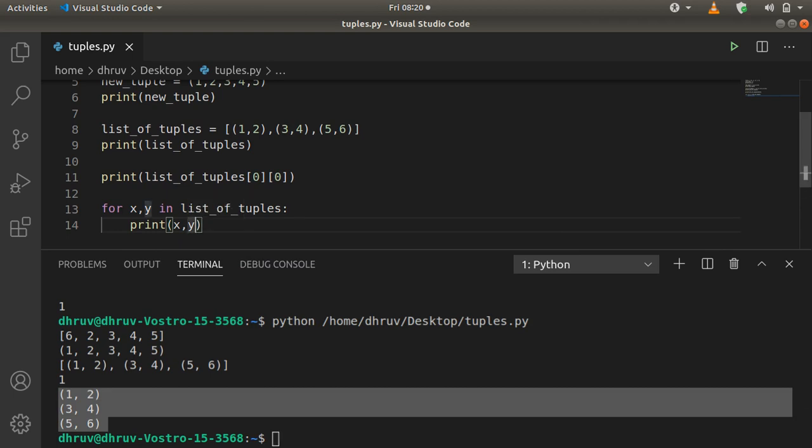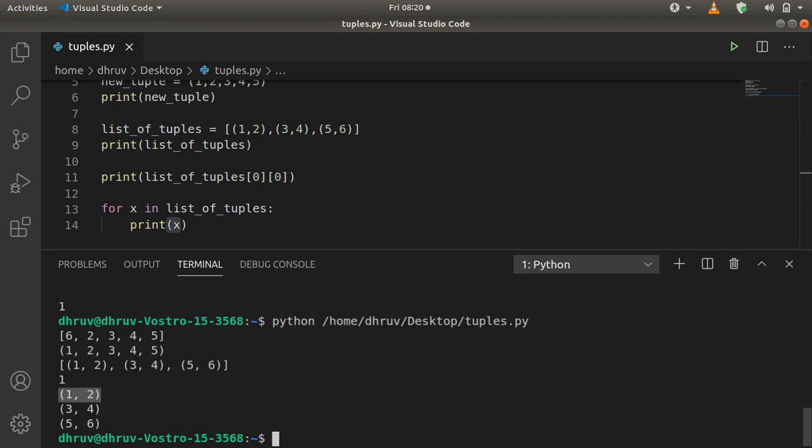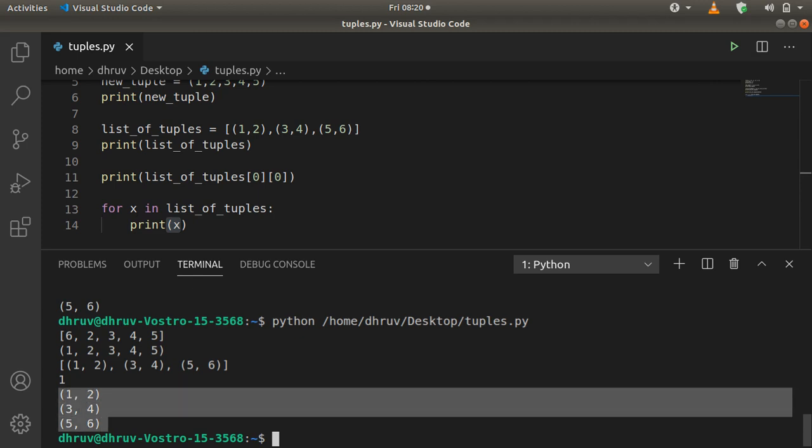Also you can do this with the help of a single variable. You don't need two variables, because Python is going to treat this x as a tuple object. So let me run this. We don't see any considerable change here, so you can use either x or x comma y.